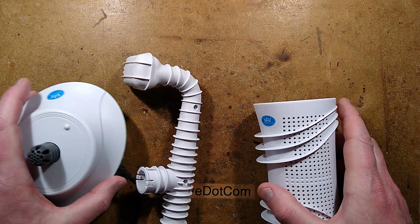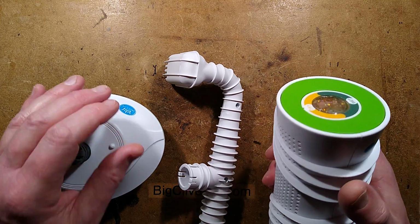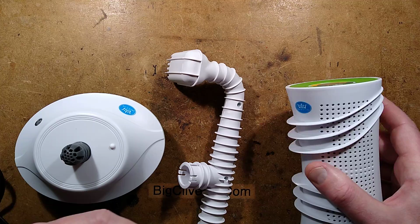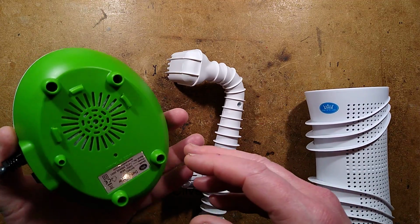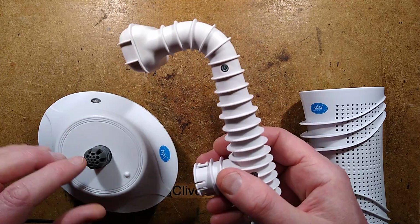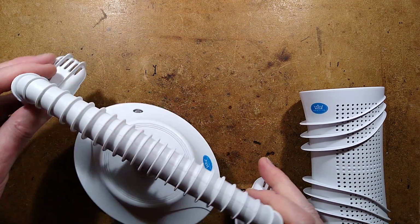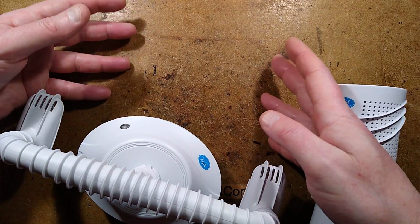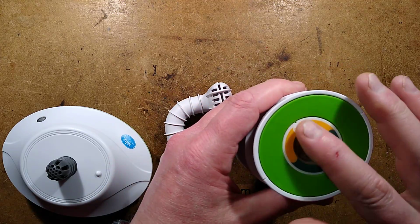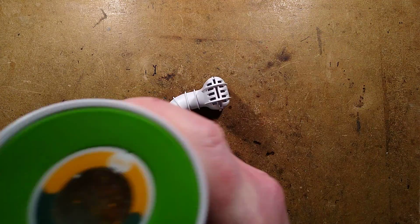Let's take a look at this very interesting device I got off eBay. I was looking for the silica gel dehumidifiers that you can recharge by heating them to drive the moisture back out. And I found this very interesting device by Premier, and this can go on top. It's got a port here, it puts out hot air, and you can either put this port on and then stick it into your shoes so that it blows the hot air into the shoes, or if you've been using these cartridges and they've absorbed a lot of moisture, you can simply sit them on top of the unit,